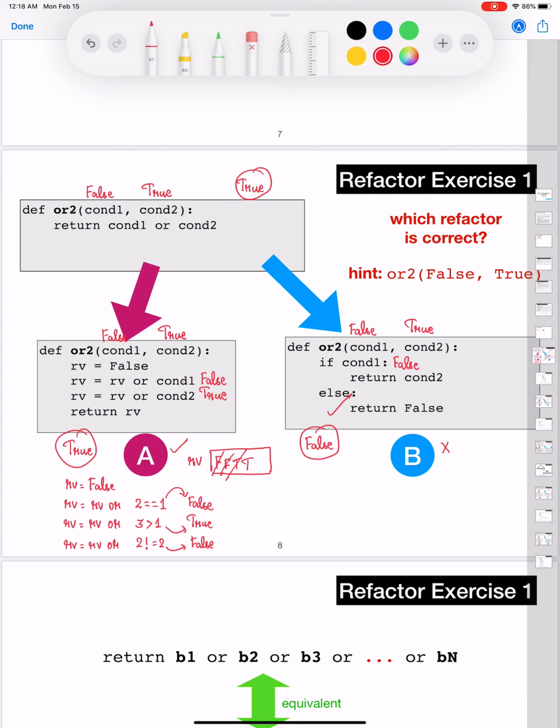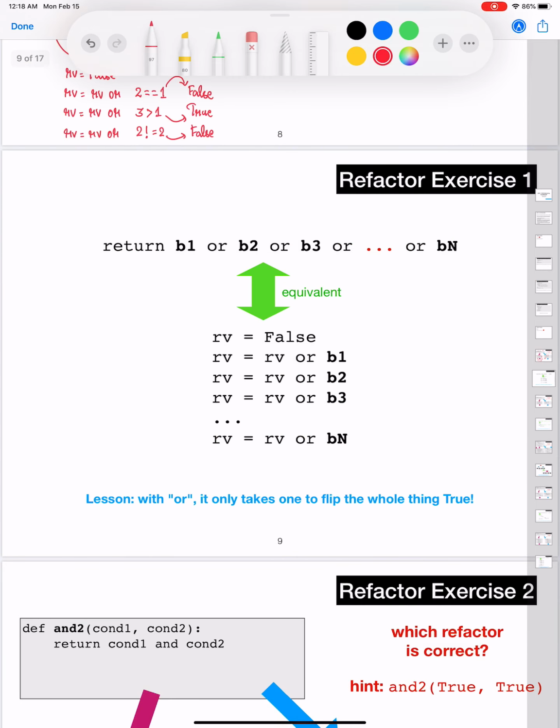The lesson here for you to learn is that whenever you have a series of Boolean expressions that are separated by ORs, as soon as you find one Boolean expression which evaluates to true, then the result of the entire expression is always going to remain to be true, correct?